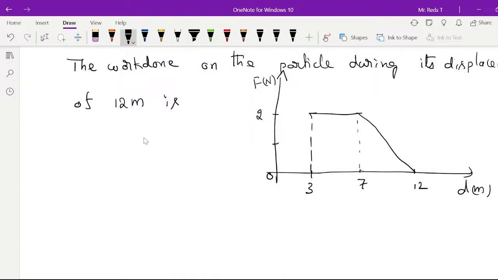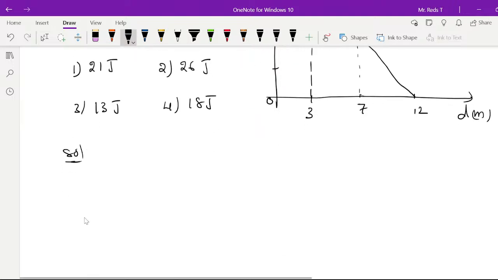Right. So here you have to remember that whenever a force displacement graph is given, the work done is given by the area under the F-s graph, or force displacement graph gives work done. So note down the options also here. The first option says 21 joule. Second option says work done will be 26 joule. Third option says the work done should be 13 joule. Fourth option says the work done will be 18 joule. Right. So note down,